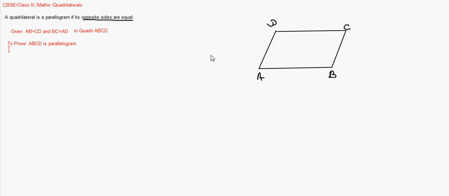What do we need to prove ABCD to be a parallelogram? We need to prove opposite sides parallel. So we prove AB parallel to CD and AD parallel to BC. To do so, let me join the diagonal AC, dividing the quadrilateral into two triangles. So once I start writing the proof here,